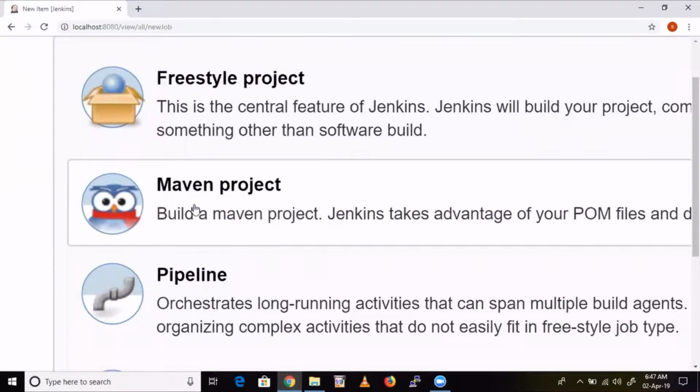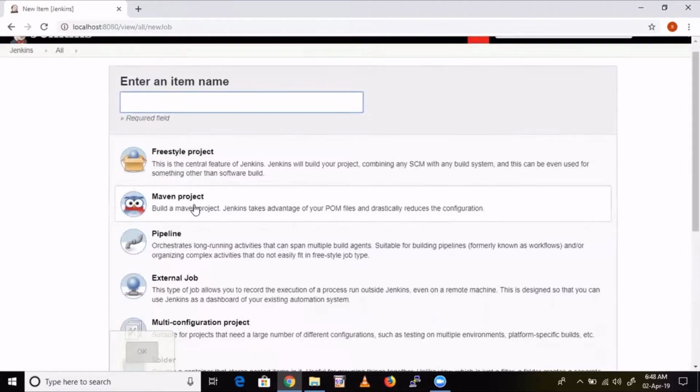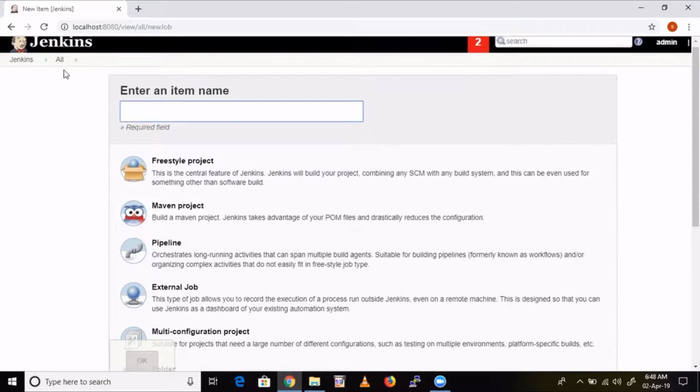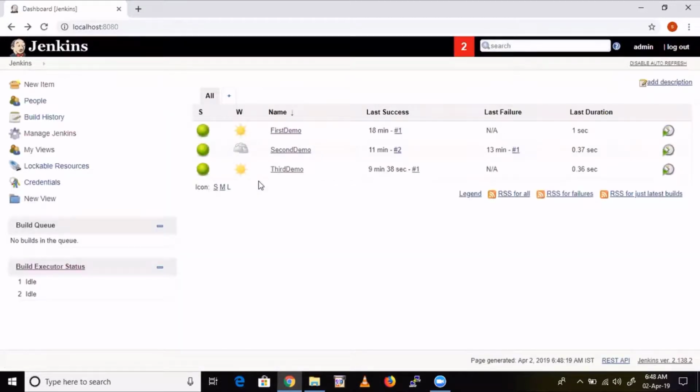Since we have installed that Maven plugin, that's why we got this option. Understood? Otherwise it wouldn't have come here. So it's all about plug and play: you install the plugin and you get that option. Later on we are going to install many plugins in our project, taking all of them from scratch. You understood a little bit about plugins, how to install and enable them.